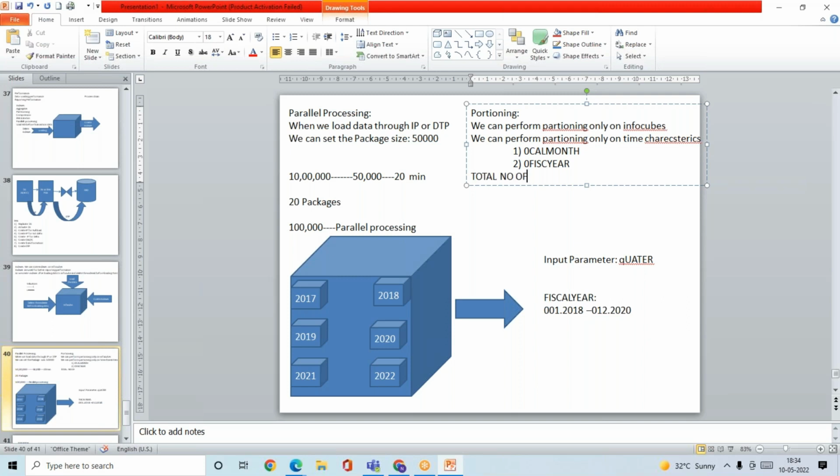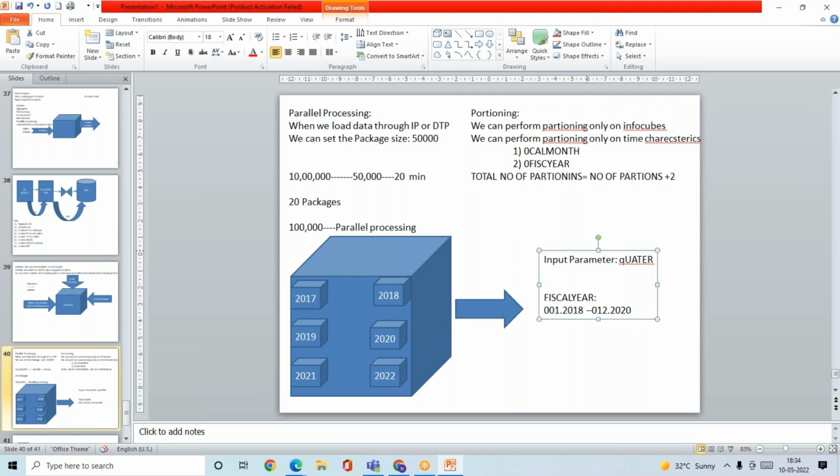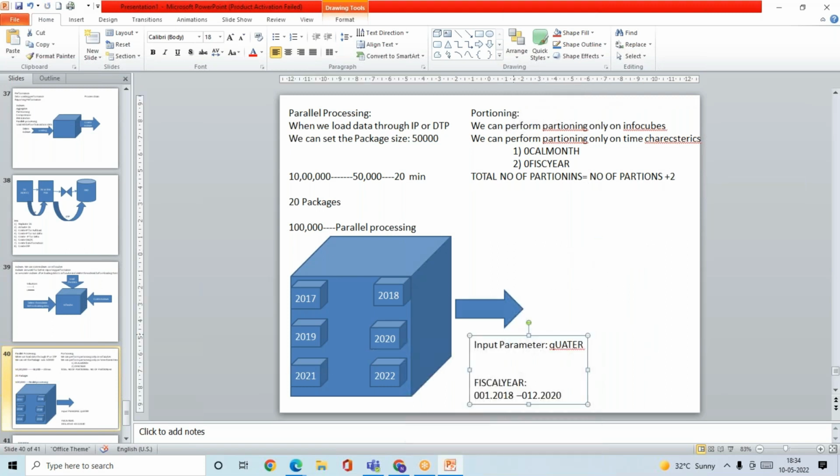So total number of partitions equals number of partitions plus 2. What is this plus 2? Okay, now see, I want to do the partitioning. Now we are into 2022. Always I will be seeing the data for